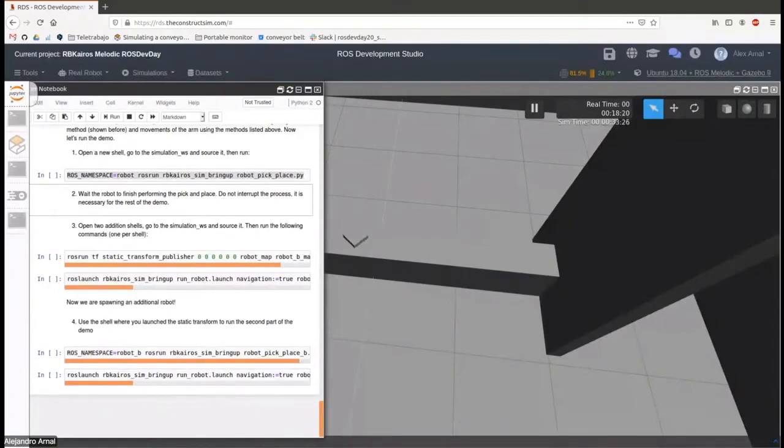to pick the object. Okay, so for that we will need to create a static transform that relates the map of the first robot with robot B. So, terminal